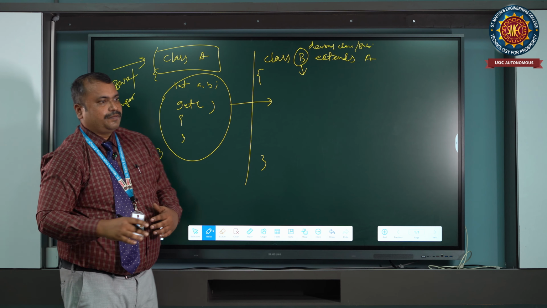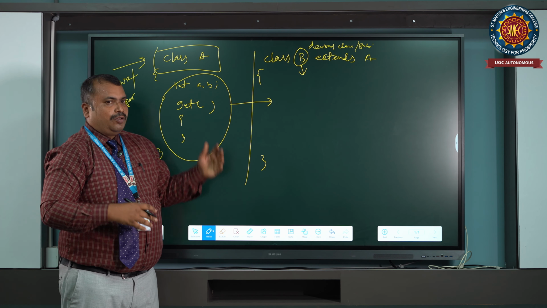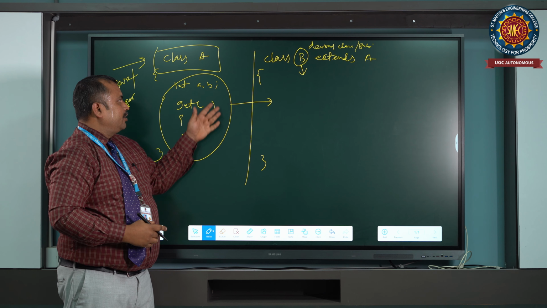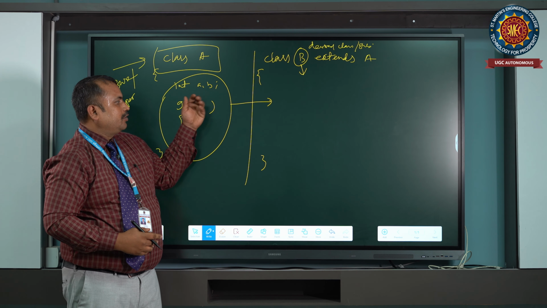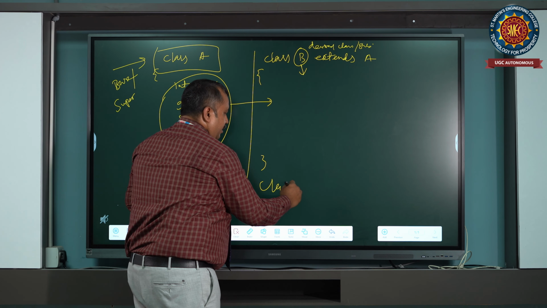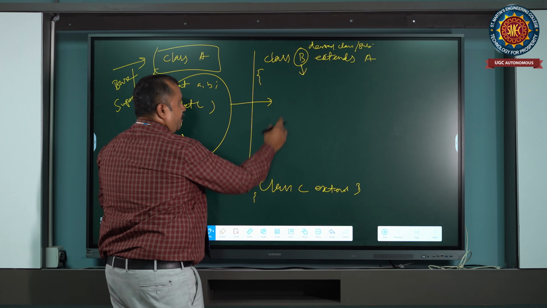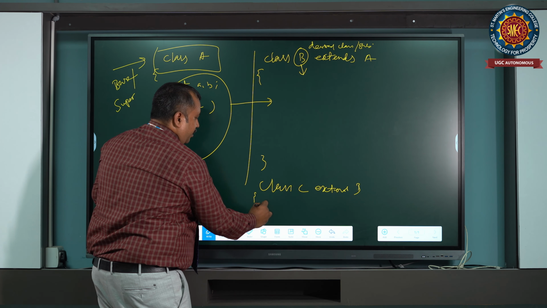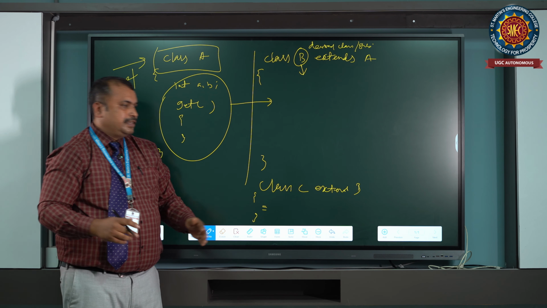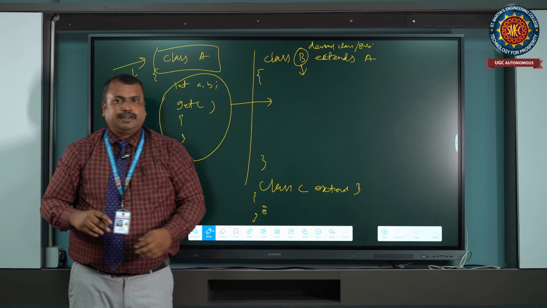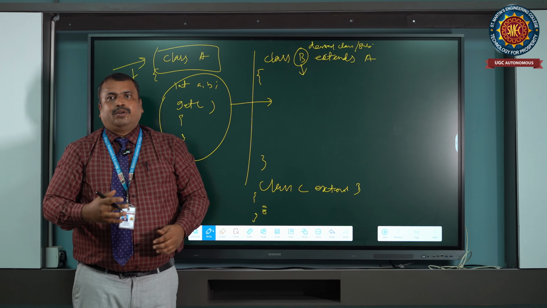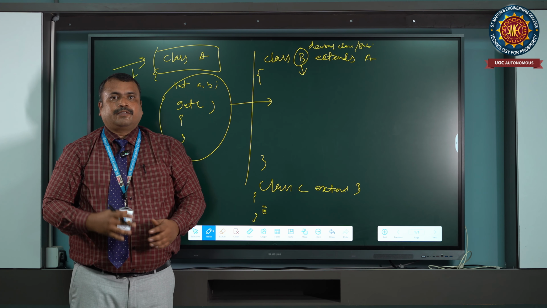The use of inheritance is code reusability. We need not code again and again. Suppose we want to construct one more class called C with the features available in B. We can construct class C by extending class B. So whatever is there in class B is available in C, and whatever you want to implement additionally, you can implement in class C. So inheritance is creating a new class from the old class.